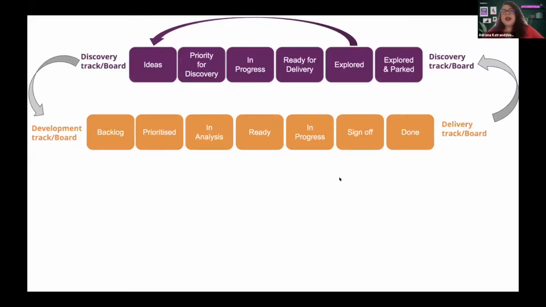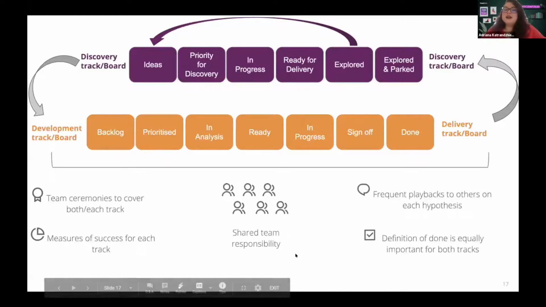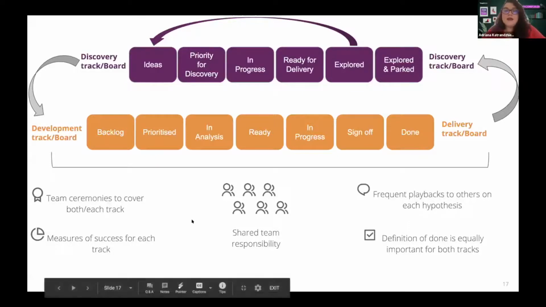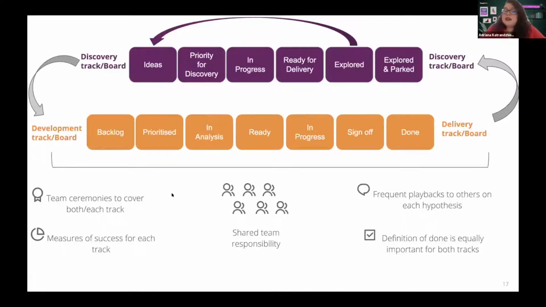And the first thing is, again, actually, Jeff Patton, I think I read that, he refers to this as a dual track rather than dual team. So essentially, when you have two teams working on the discovery or on the development. So I just wanted to reiterate that this was a shared team's responsibility. It was one team that was working on that, and it was part of one process for that team, essentially, for product development.